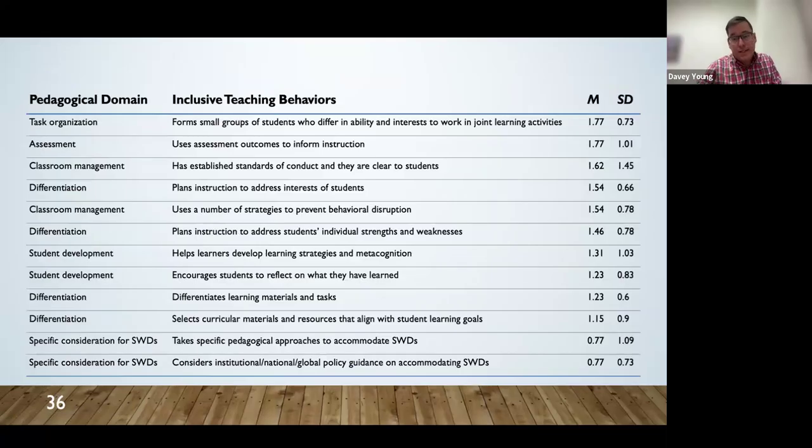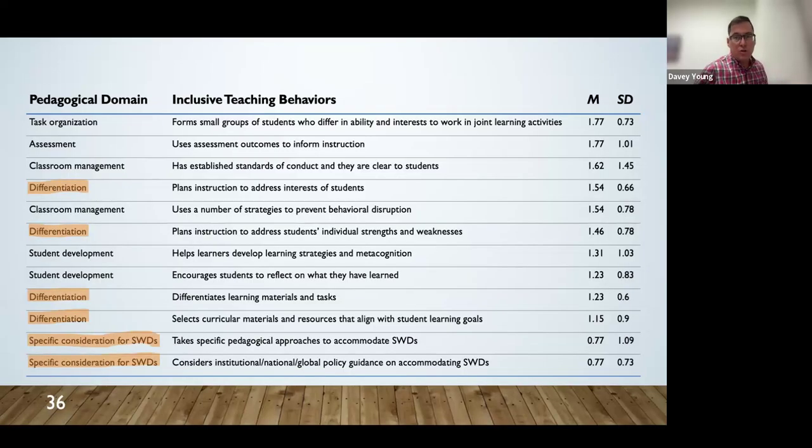And then we get to the last slide here, and we're getting below the midpoint of 1.5. So these behaviors that are 1.5 or below are being observed less than half of the time, roughly speaking. And most of these behaviors are in 2 specific pedagogical domains: differentiation and specific consideration for students with